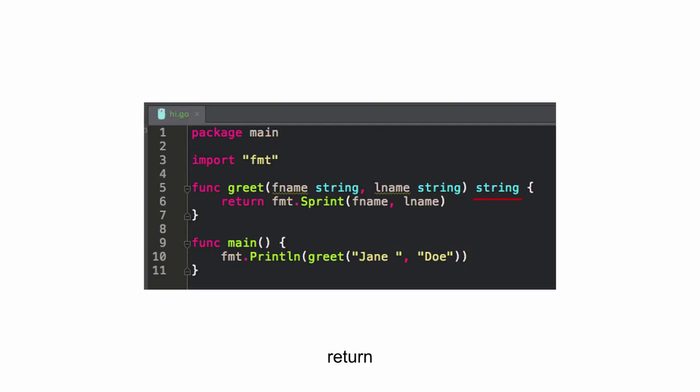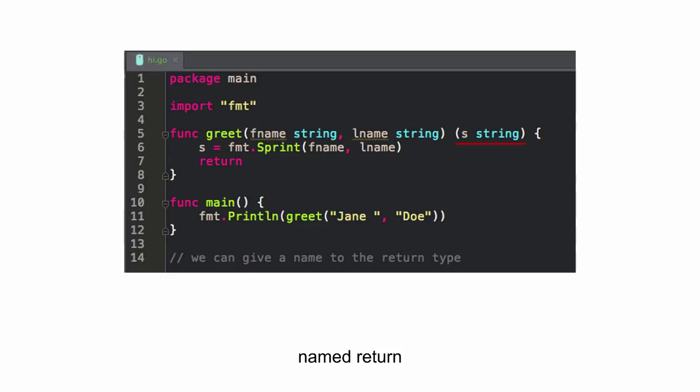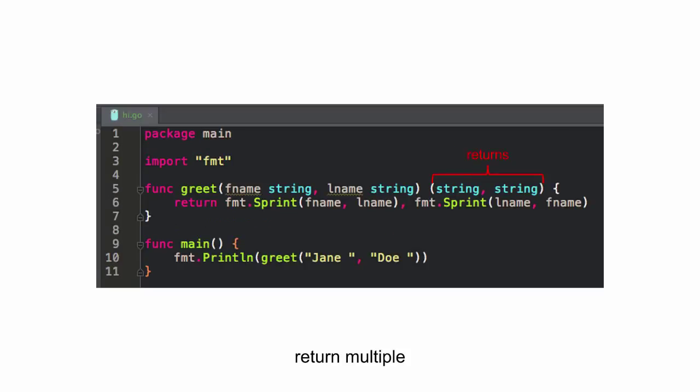I'm returning a string. And here I'm using sprint, right? So we were wondering how would you use sprint? I'm actually creating a string with sprint, and I'm combining first and last name into one string. And you could name your return, so I gave it the name S. Then I could assign it S and just hit return, and it knows to return that. I think you may not even need the return anymore if you do that. Oh, really? Not sure. I have a feeling you will know by next Tuesday.